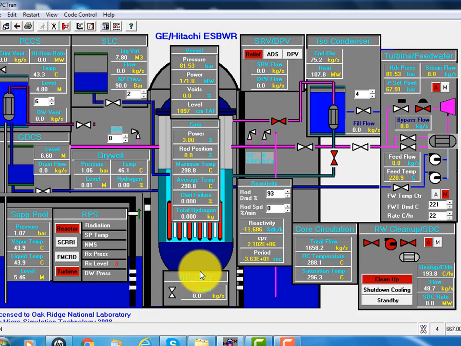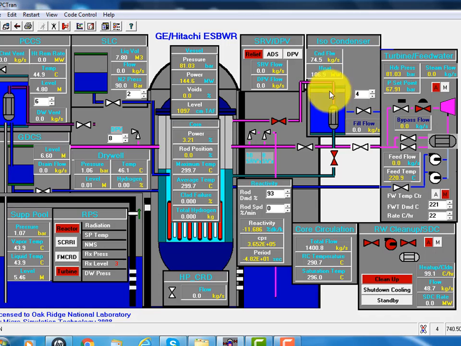See, all the control rods go in now. And for this type of accident, without an AC-powered emergency core cooling system,